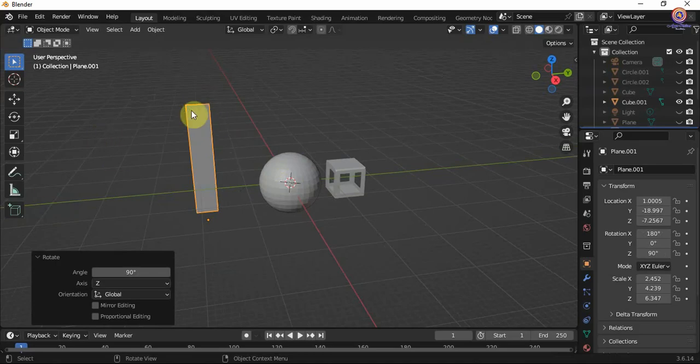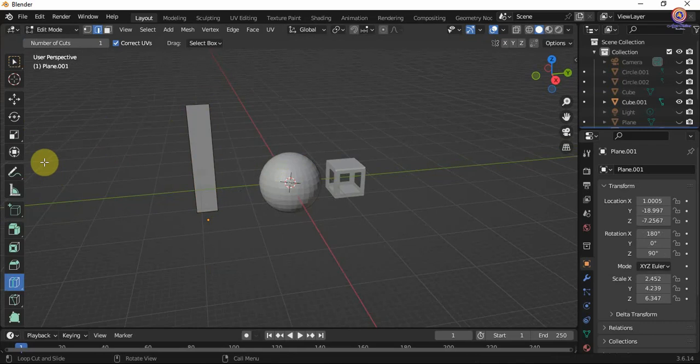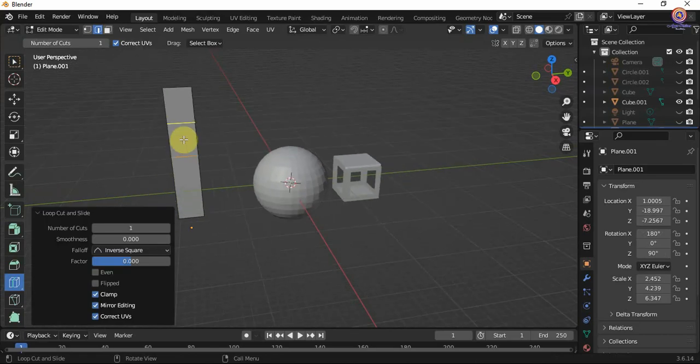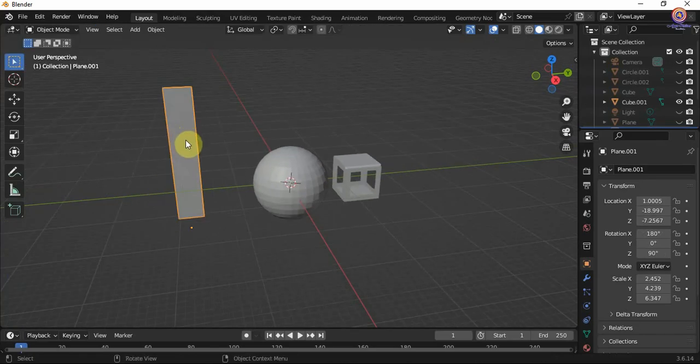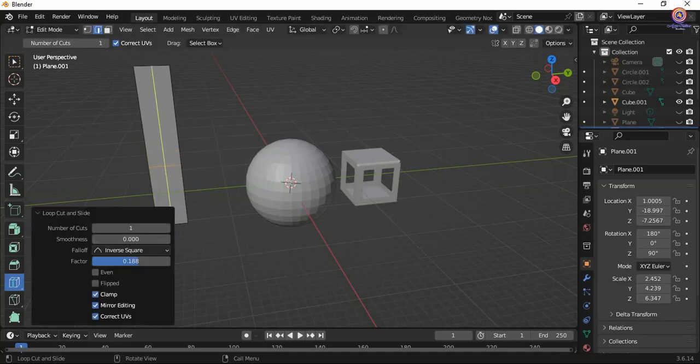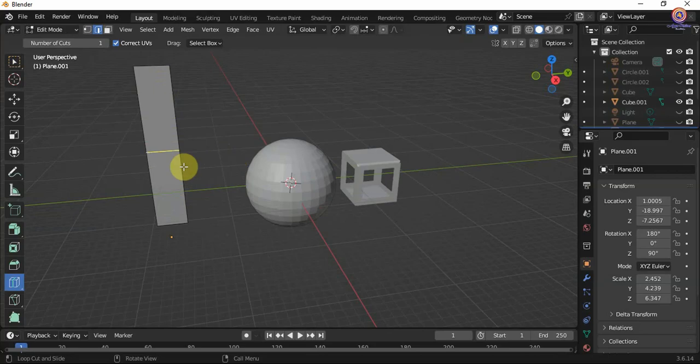So now, okay, let me come down here. Now I'm here. So now this is loop cut. Now when I click on it, then I can begin to, you can see, I can create loop cuts, create loop cuts, create loop cuts. That's for loop cuts. Let me undo that. So here we have